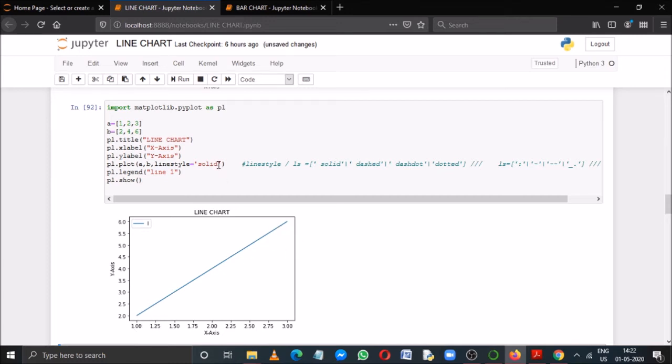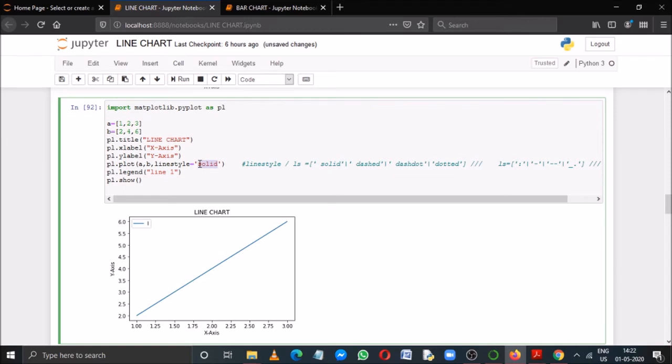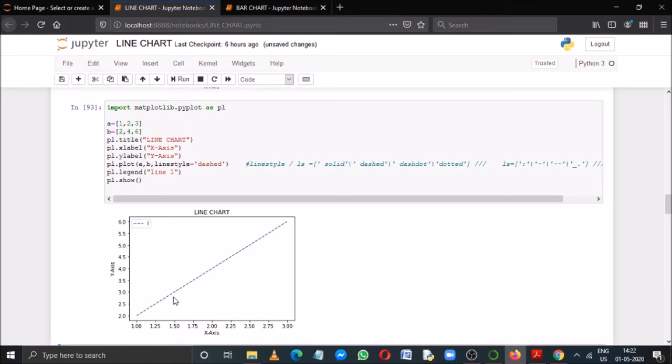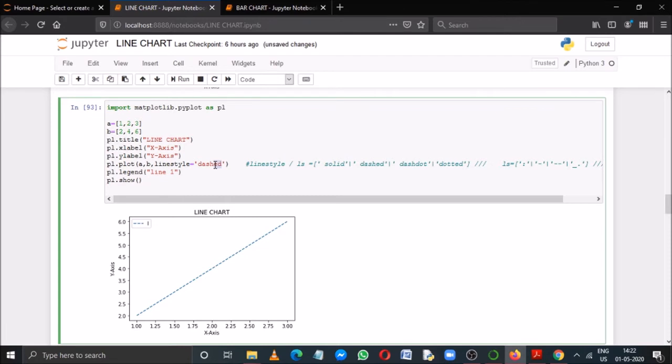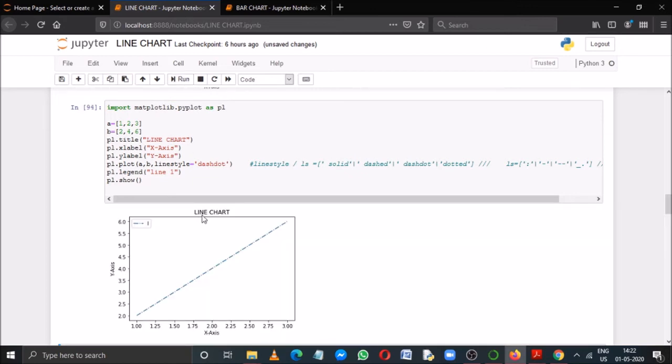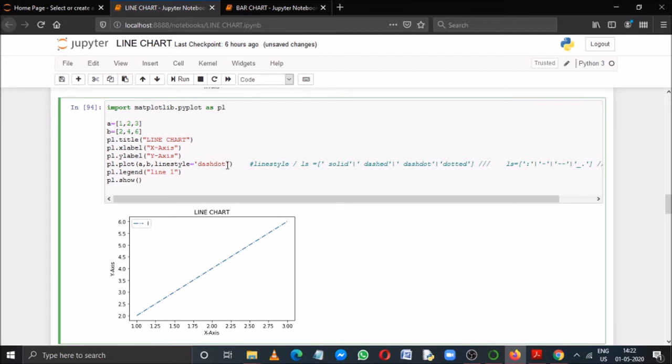Now if I change it from solid to dashed, then if I run it, see this line is composed of some dashes. Then dashdot, see this line, this is composed of one dash and one dot alternately, and the last one is dotted.